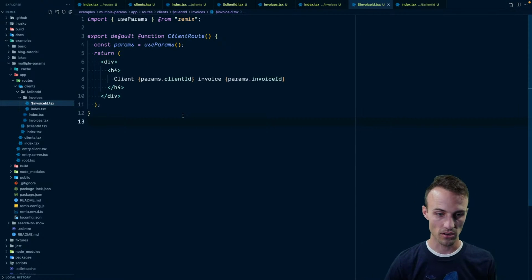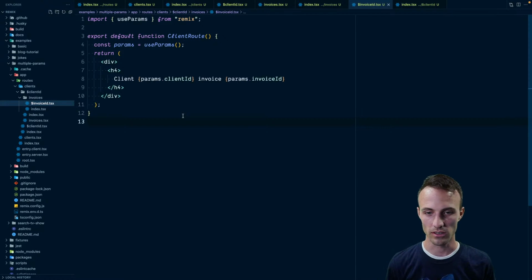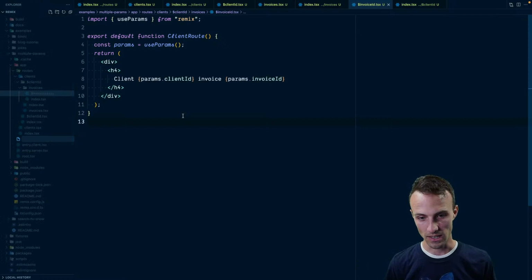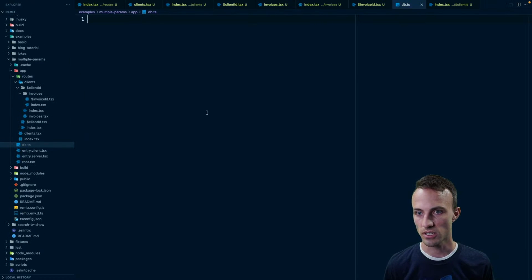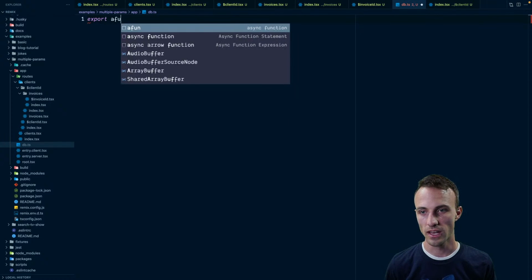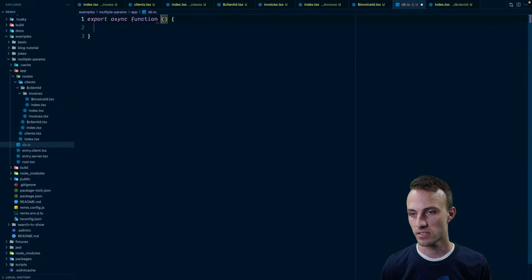So now I'm just going to build this out a little bit further so that we can have links and stuff so people can click around and whatnot. So let's do some pretend data, right? So here's our DB. We don't need it to be JSX, right? So we'll just do this. And here's our export a function that is get